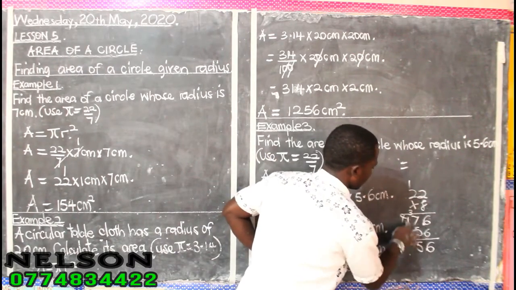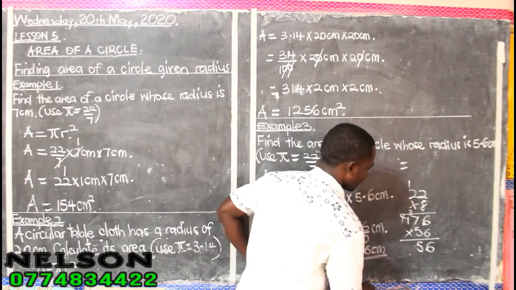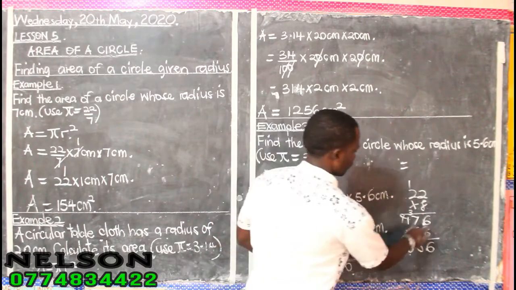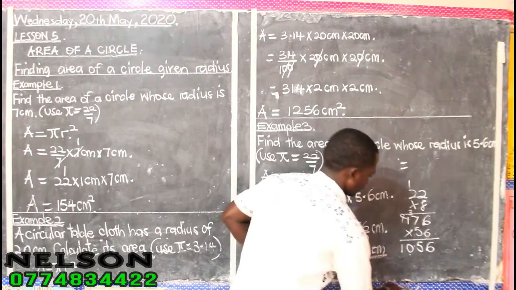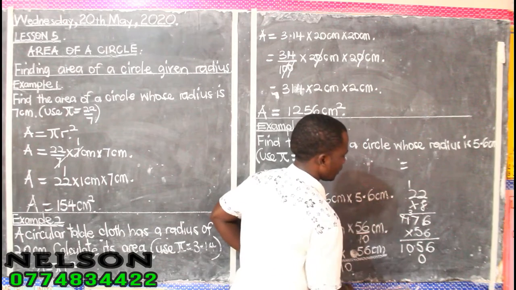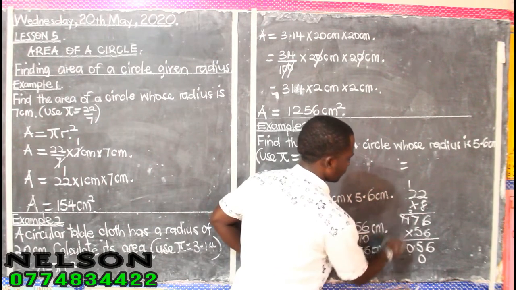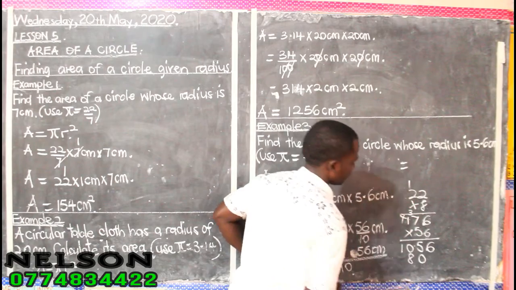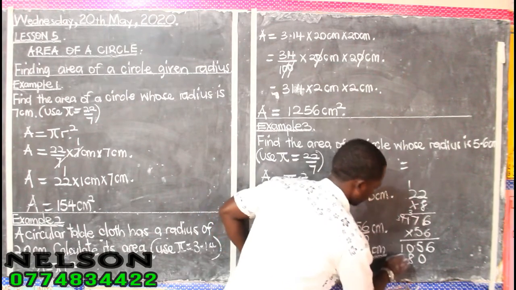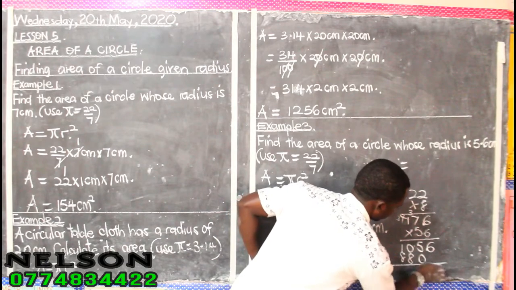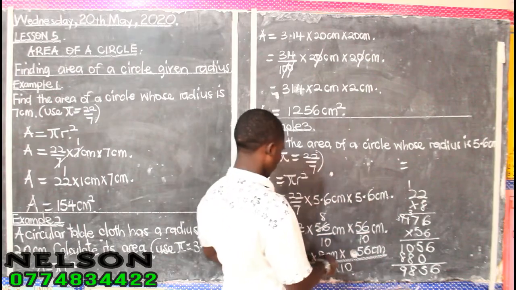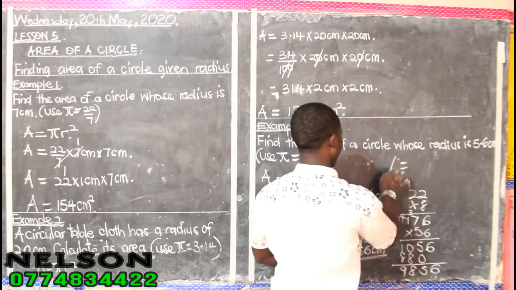Carry 4. 6 times 1 is 6 plus 4, that is 10. 5 times 6, that is 30. Carry 3. 5 times 7, that is 35 plus 3, 38. This is 3. 5 times 1 is 5 plus this, we shall have 8. And this will be 6. 5, 8, 9. So our area here equals